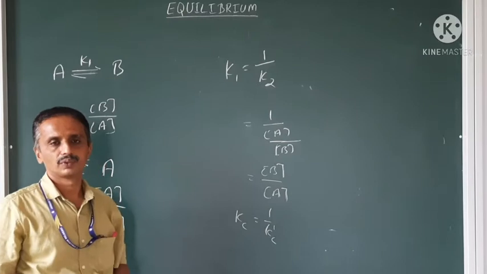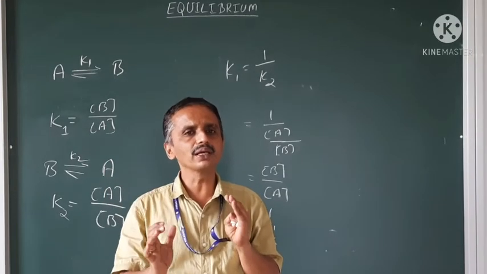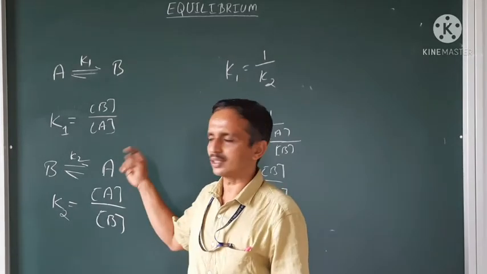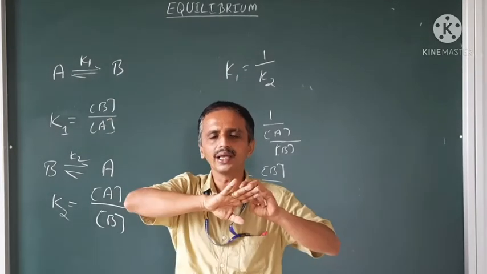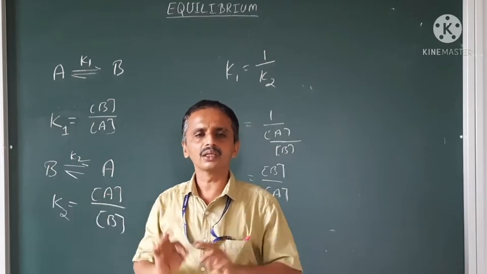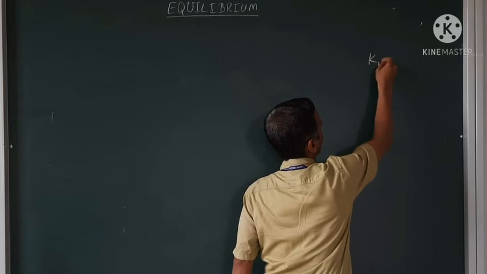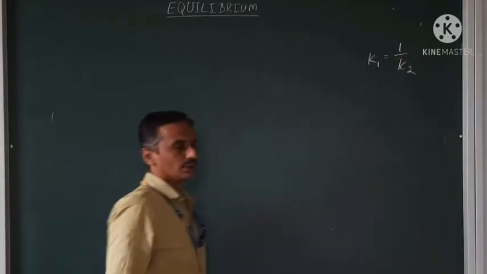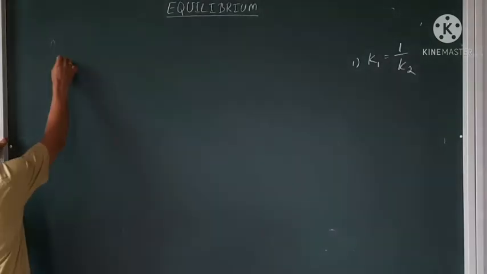This is one thing. What I am doing here is just bringing the reaction to equilibrium from the reverse manner, from B giving A, and I am not doing any other changes in the concentration, means in the number of moles, etc. The first equation is K1 = 1 over K2. This is the first equation which I got. Let it be that. Now see here.